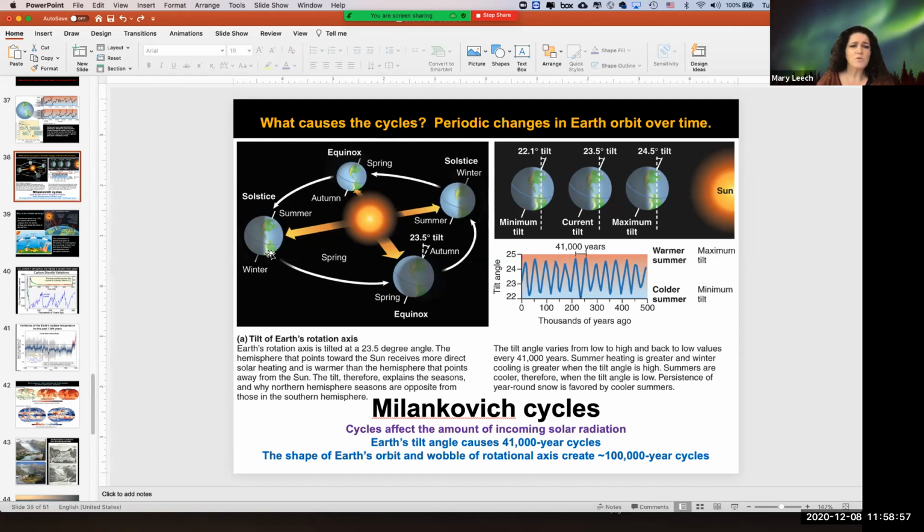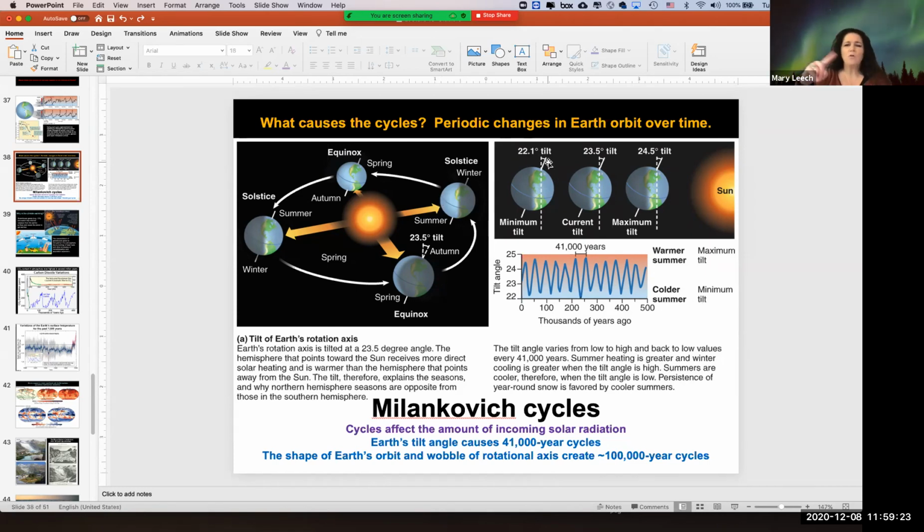And then the summer solstice, which is like June 20th, the northern hemisphere is tilting towards the sun. So with the northern hemisphere tilting towards the sun, we get more solar radiation. With the northern hemisphere axis tilting away from the sun, we get less solar radiation. And it's the opposite for the southern hemisphere, right? But I'm just going to talk about the northern hemisphere.